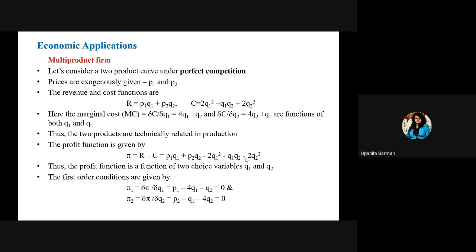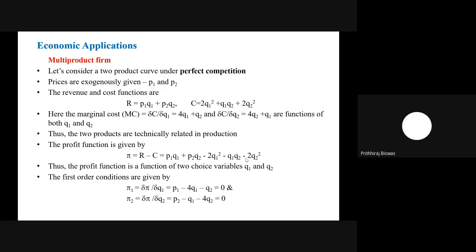Ma'am, 48. Yes. So up to this, it is complete, the first order condition, finding the output levels, finding the profit. However, we will not be able to claim whether this profit is a maximum or a minimum unless we check the second order condition. So in the next step, we have to check the second order condition. For the second order condition, we need to prove whether the function is strictly convex or concave.